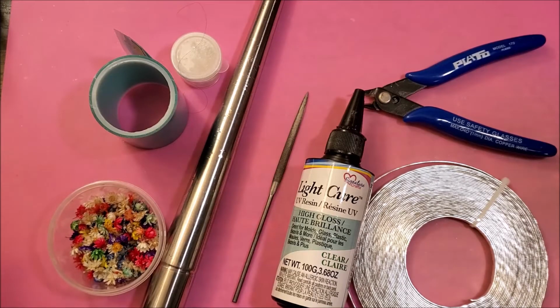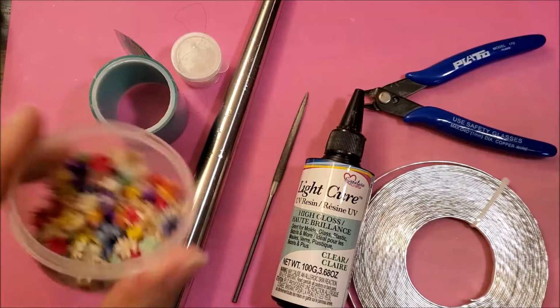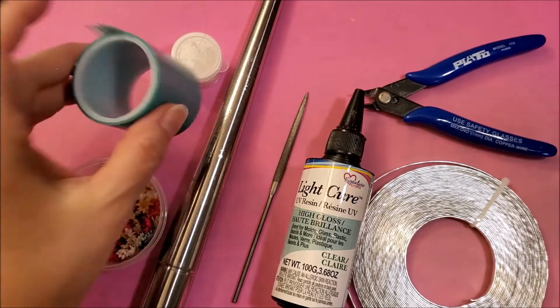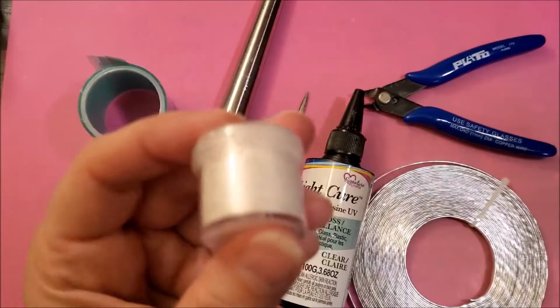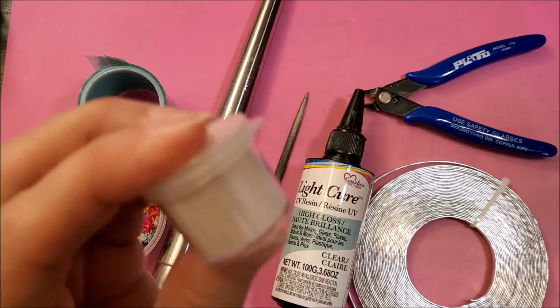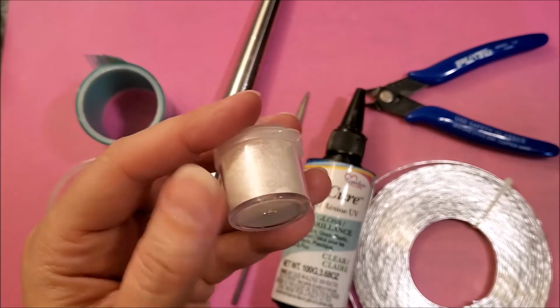Hello everyone, I'm going to be making a bold chunky ring and we're going to be making it for spring, so you'll need spring flowers, color of your choice or multiple colors, some resin tape, some pearlized micro powder, which is actually pearlized eyeshadow,